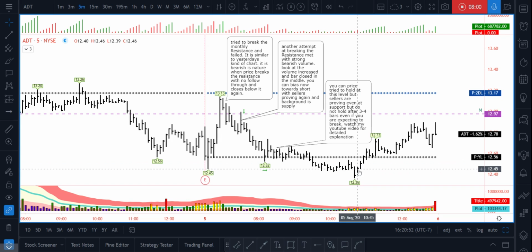Just because the buying has emerged does not mean that you buy on one of these bars. You wait for it to break out of this bar, you see this got broken, and then as it comes back, it's a weak pullback, right? It's a weak pullback because it is holding, meaning sellers are not much present. And then a good amount of demand came. See the good up bars, and it broke the resistance, and then a weak pullback. Look at these two bars' volume compared to these previous bars. Look at this volume. So you can take a long. In fact, you can take a long here, and then